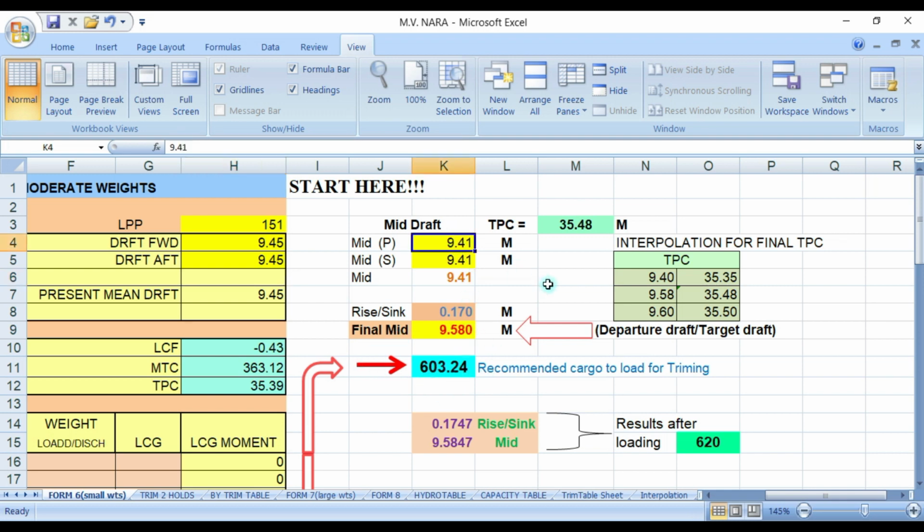So you will also get a drop of the mid, port and starboard, 9.45.